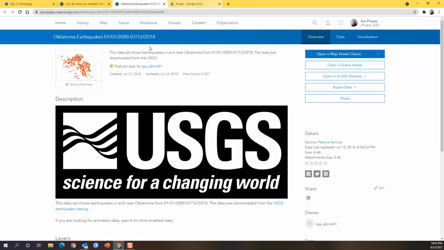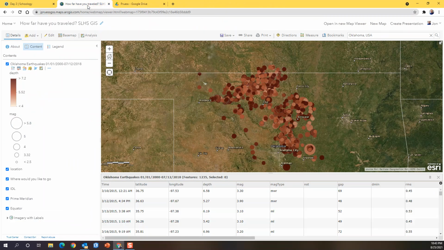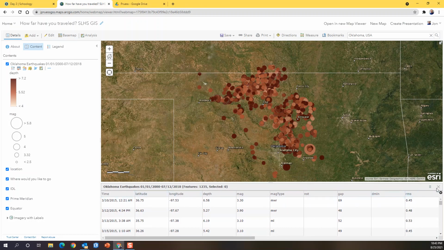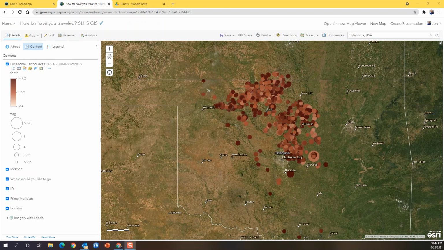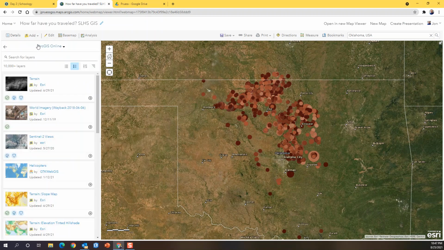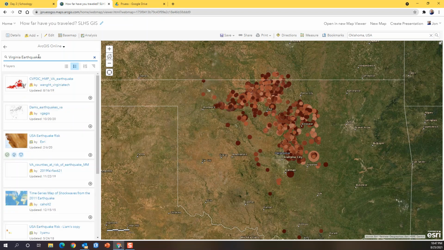Close that. Go back to our map. Go back to this map. Okay, so that's not bad. Okay, for your last trick, go to Add, search for layers, type Virginia earthquakes. Hit enter, return, add the Virginia earthquakes,